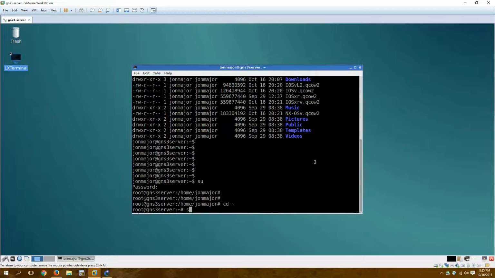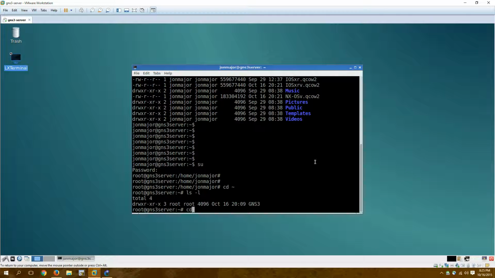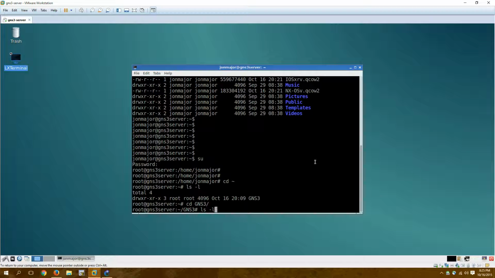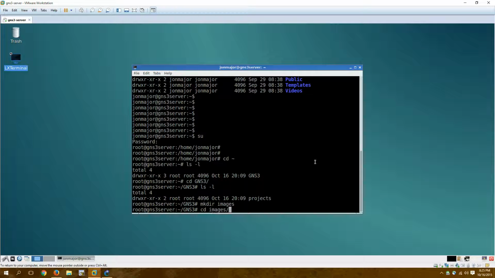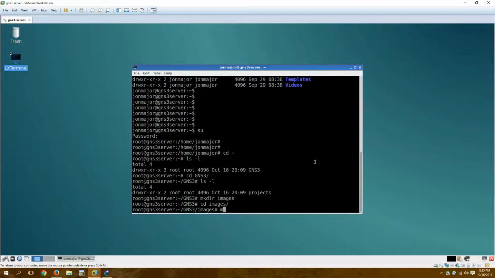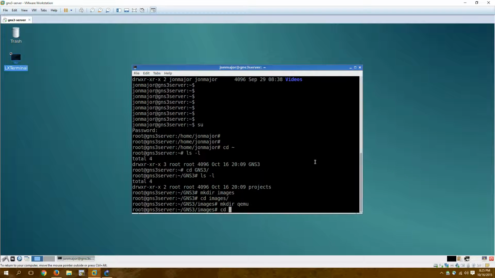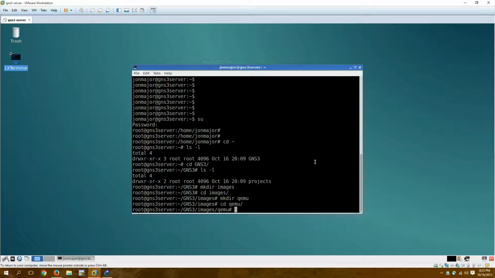I want to say that there's a directory already. Yep, so there's a GNS3 directory, so we'll cd into GNS3. We're going to make the directory images. We'll cd into images. We're going to make the directory for QEMU. We'll cd into QEMU. And then we're just going to copy, or actually we'll move all of the QCOW2 images